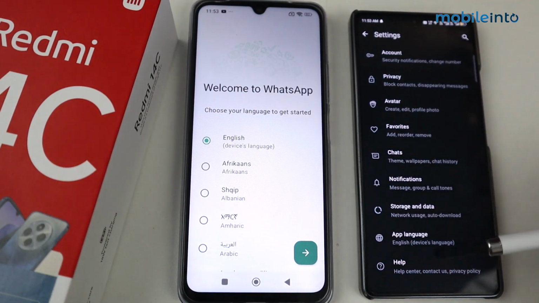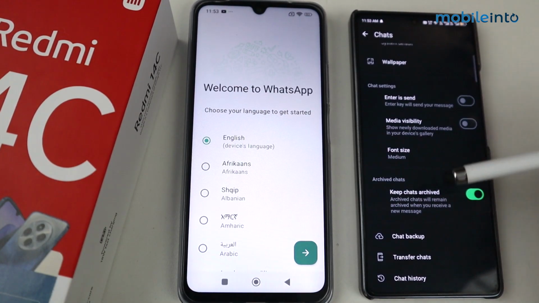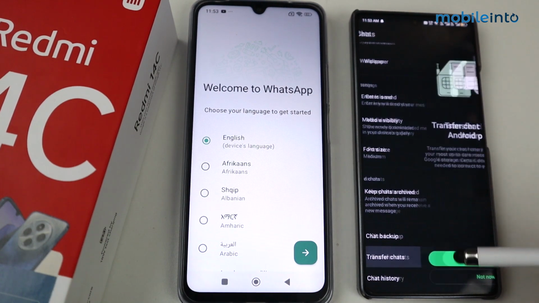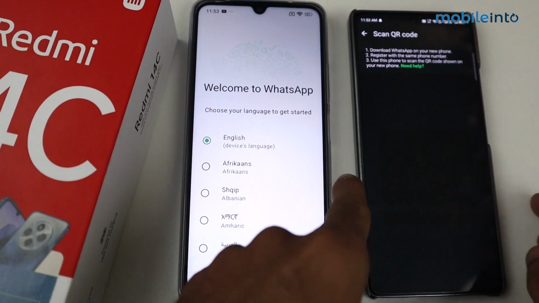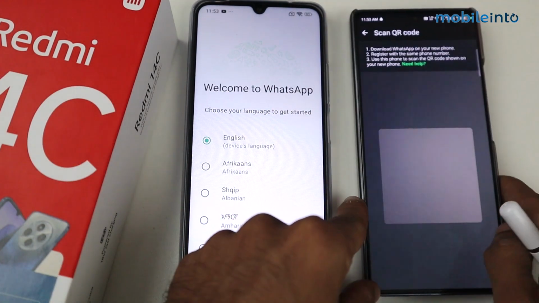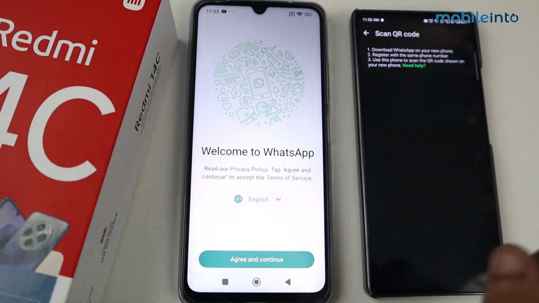and all you guys have to do is click on the chats option. So in the chat section, we have the option of transfer chats. Just tap on transfer chats, guys, and then click start. So after that, guys, as you can see, we have a QR scanner here. So that means if we click next and then click agree and continue,